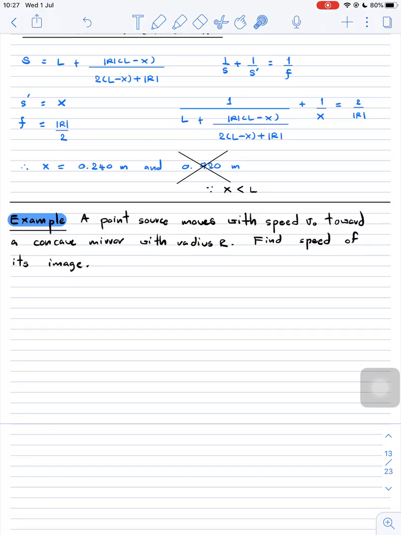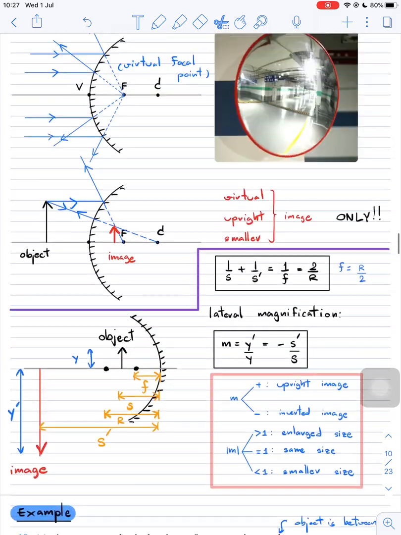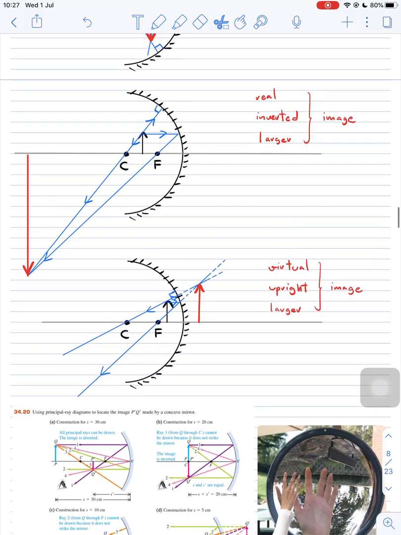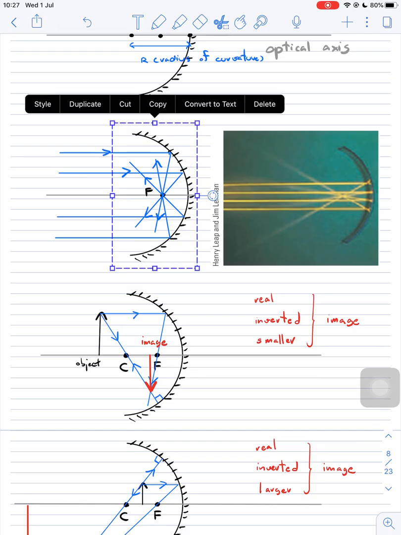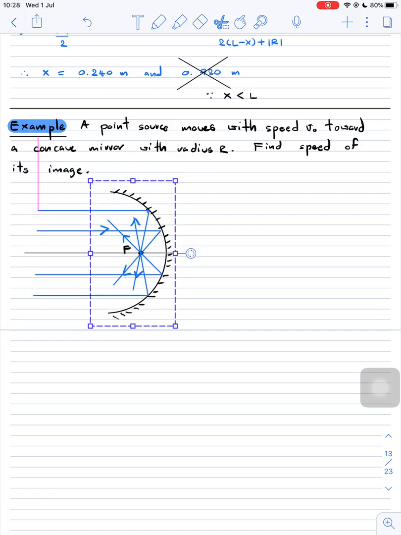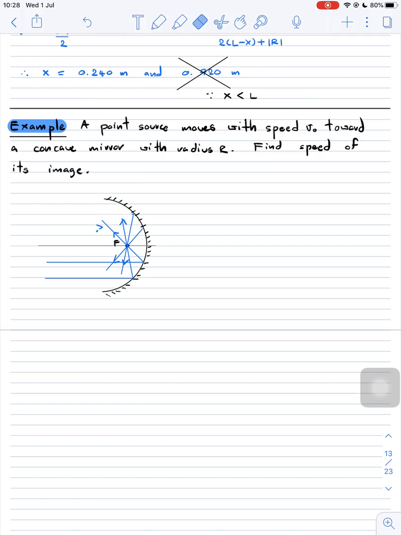In these examples, a point source moves with the speed v0 towards a concave mirror with the radius r. Find the speed of its image. Okay, so if we have a concave mirror, let's say, okay, so we have this concave mirror, and